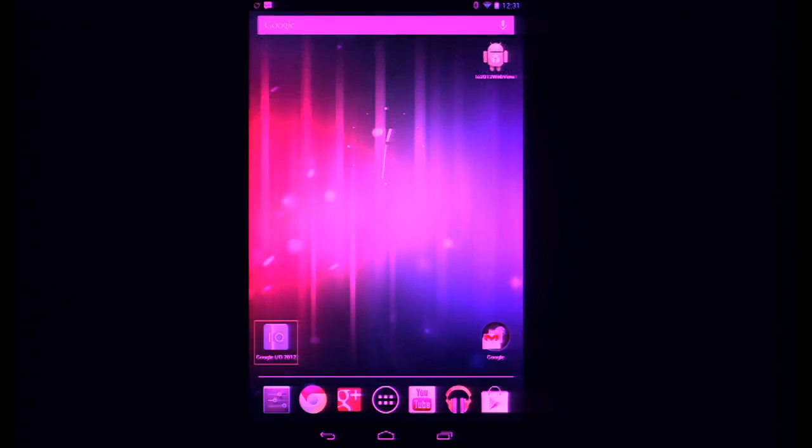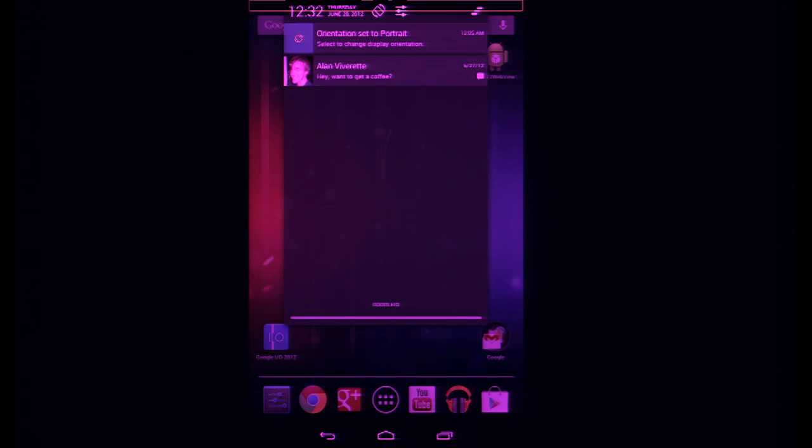Let me invoke one of the actions I talked briefly about before, and that's the action to open the notification window. I do that by pressing a key combination on the Braille display. Screen will rotate automatically. Checkbox. Orientation set to portrait. Clear notification button. Here, I go to the